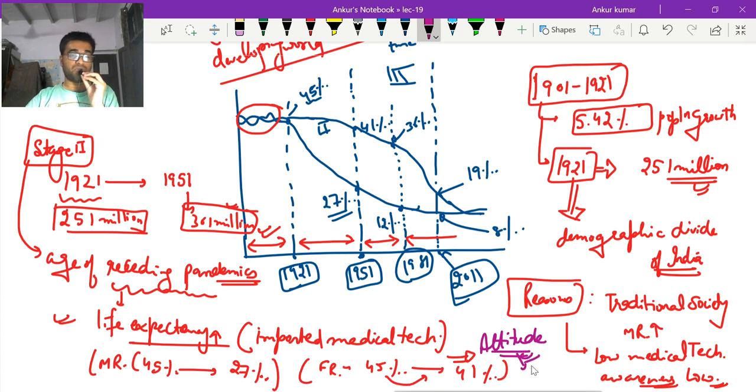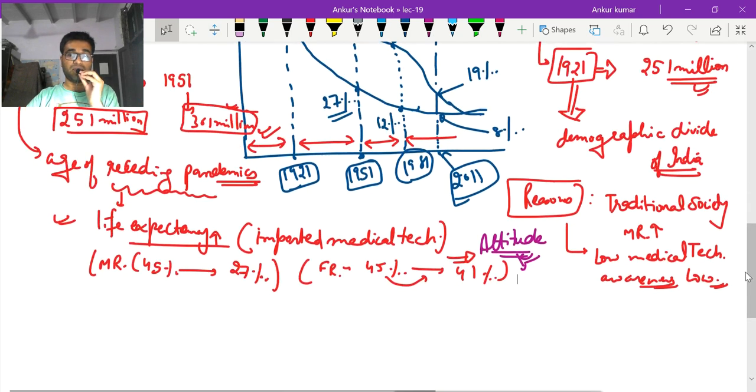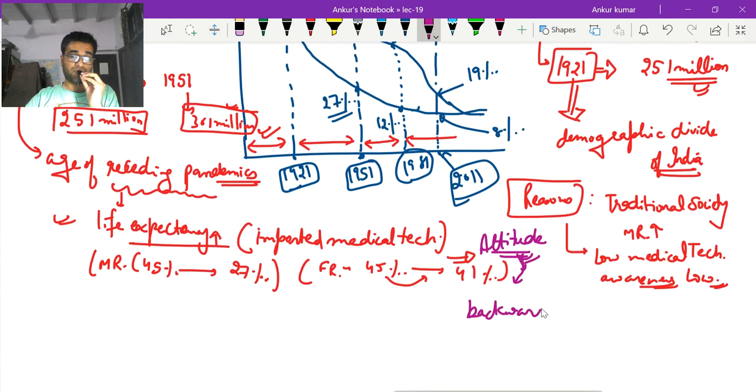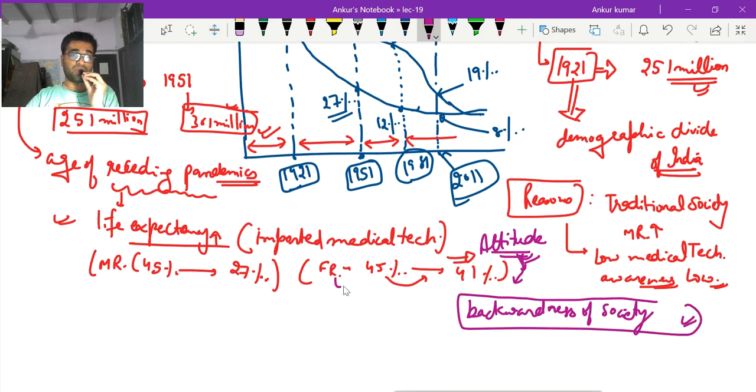So society continues to be backward, patriarchal, and orthodox, traditional-looking. These factors mainly influence the fertility rate. So the backwardness of society remained the large reason for the lesser reduction in the fertility rate as compared to